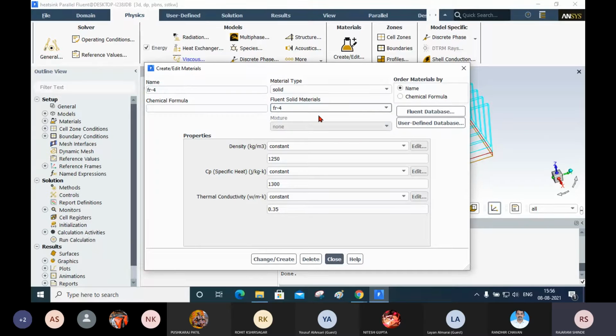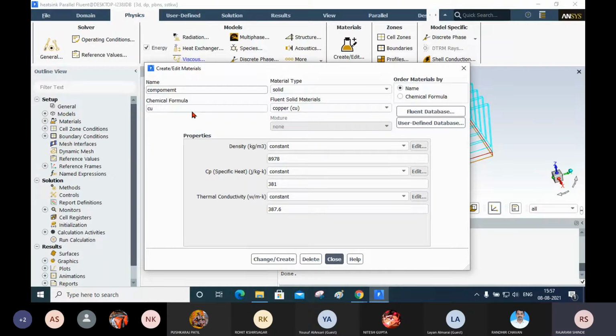Now the next material I am going to add is suppose one component, and it is for the heat sink. I am not giving any new name; I am going to name that material component.